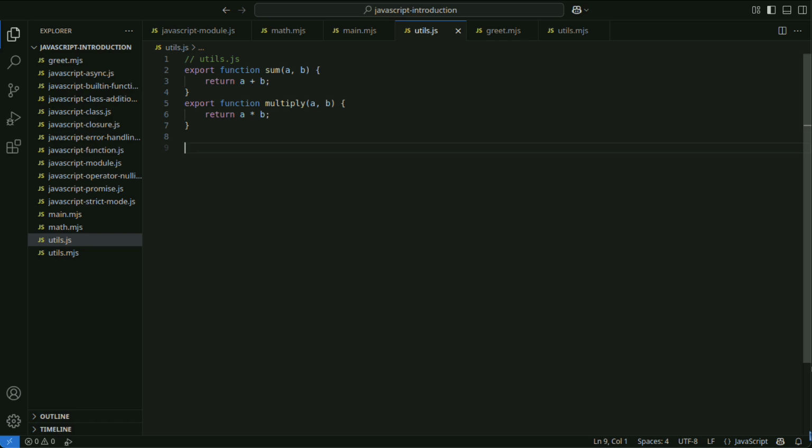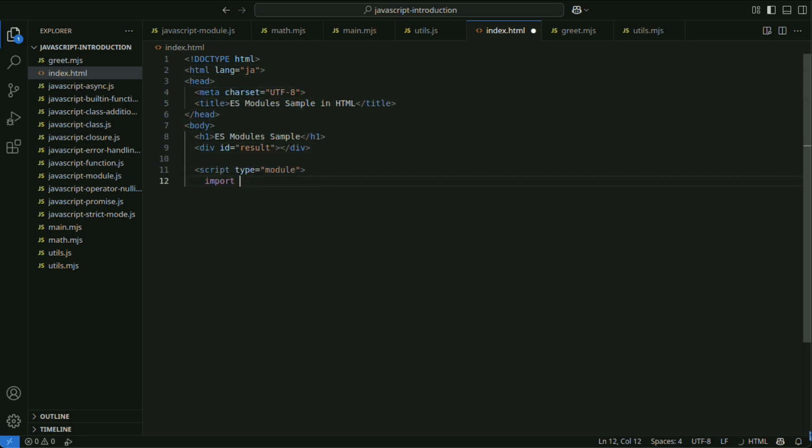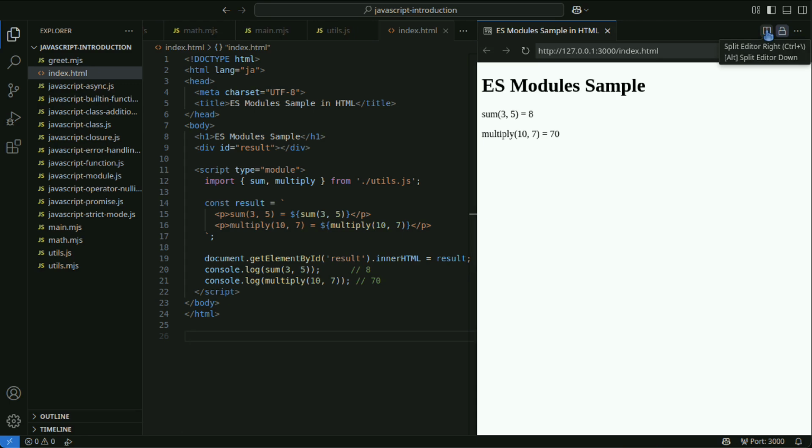Modules can be imported on the client side as follows. By setting the type attribute of the script tag to module, module syntax such as import and export can be used within HTML. The import statement loads the external utils.js and displays the result.